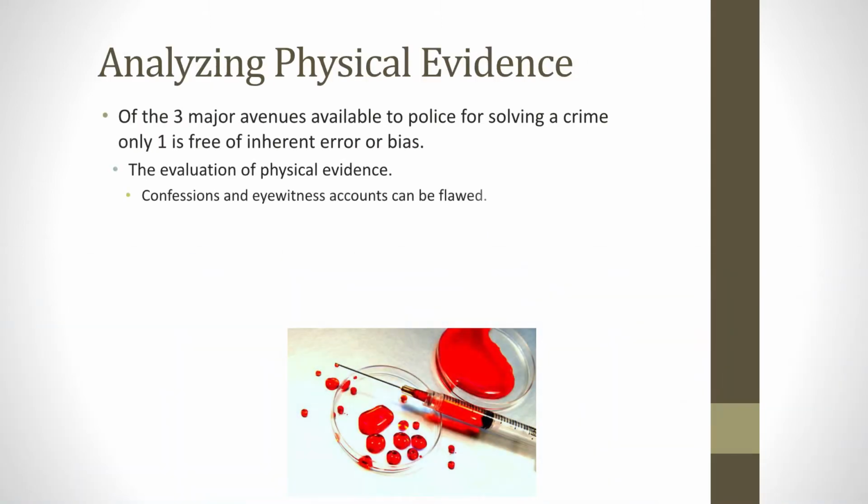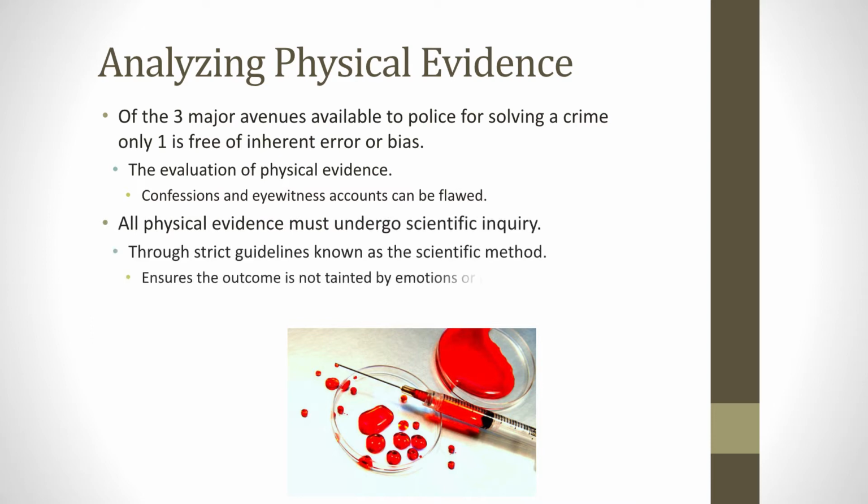So when they're analyzing the physical evidence, there are three avenues that are available to all police when solving a crime. Everything from the physical evidence to a confession and the eyewitness accounts. However, it's only the actual physical evidence that is free of any sort of inherent errors or bias, because we are human, and humans make mistakes. They can be confessing for somebody else, to cover up for somebody else. Eyewitness accounts are